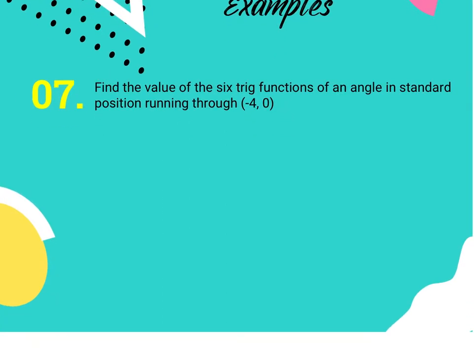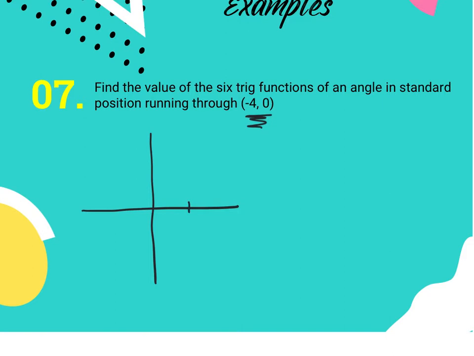So here it says, find the value of the 6 trig functions of an angle in standard position running through the ordered pair -4, 0. Whenever you're given an ordered pair that has a 0 in either the x spot or the y spot, that tells me that it's going to be one of the quadrant angles. So remember, the 4 ordered pairs that we're going to use,